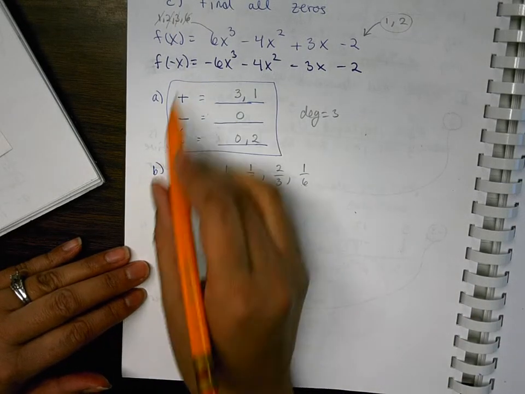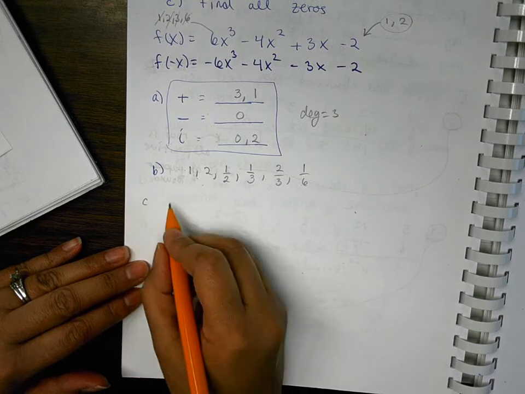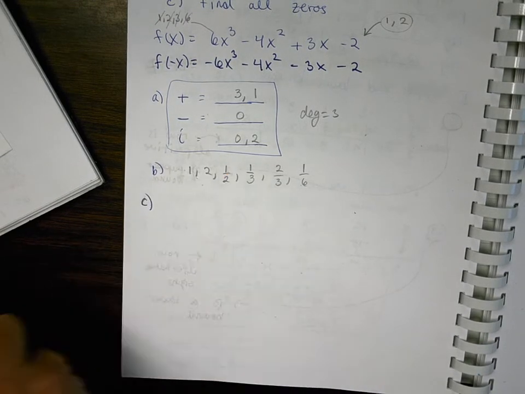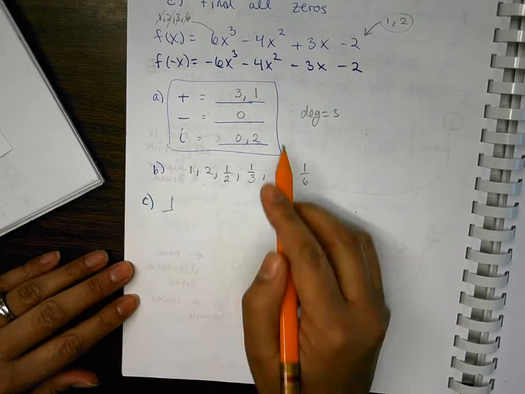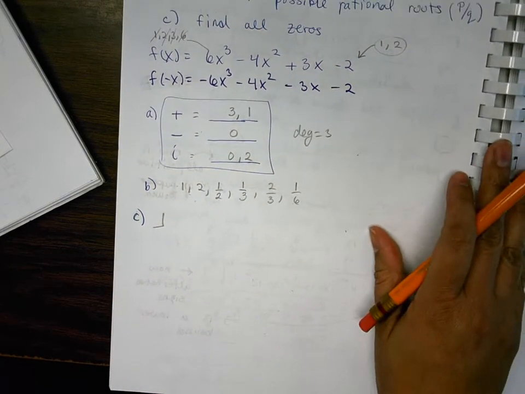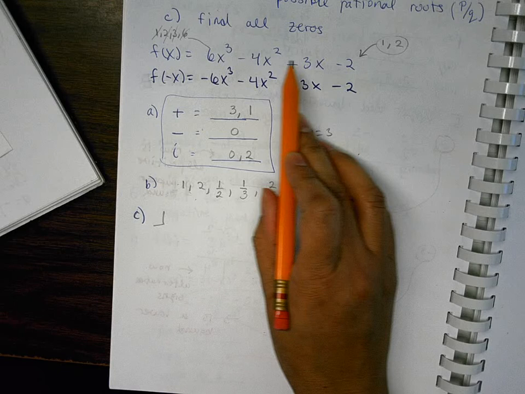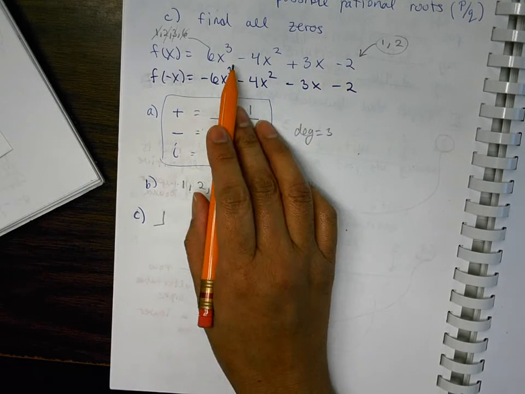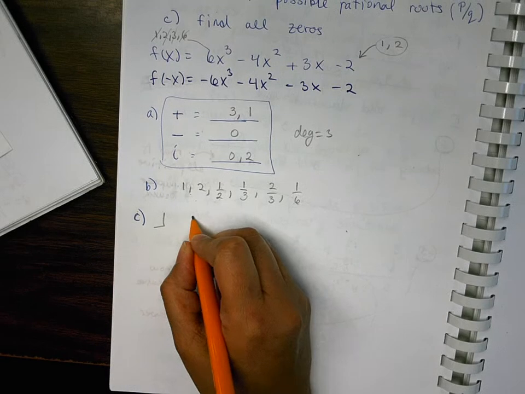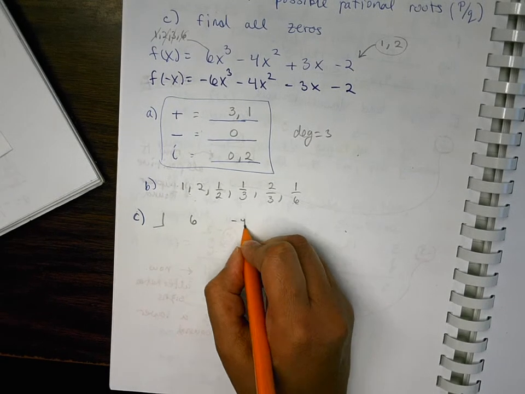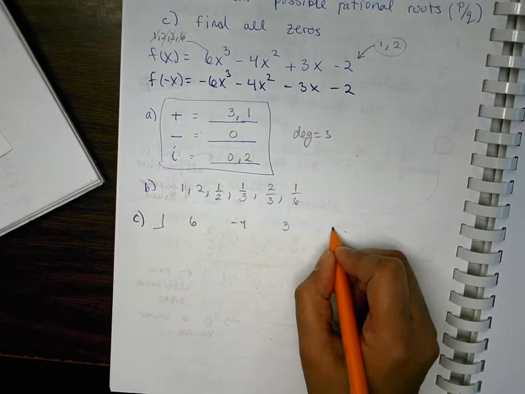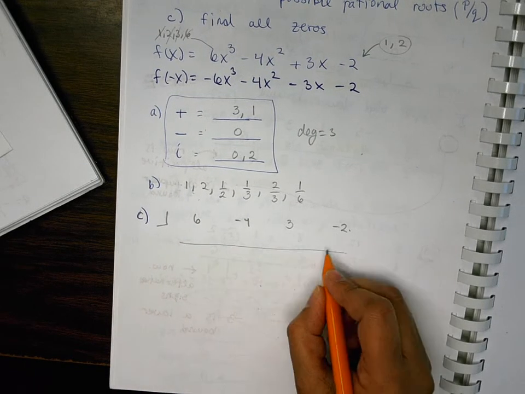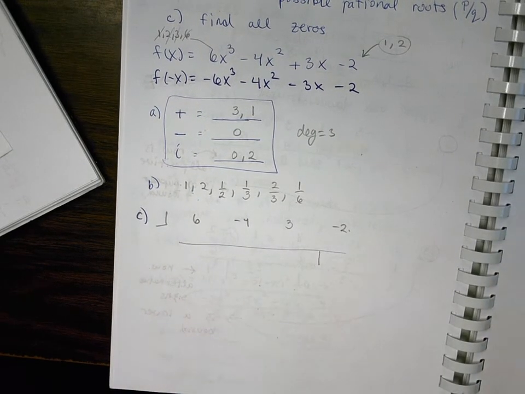All right, I'm going to have you guys start to make guesses. That's part C: find all zeros. I'm going to put the box and make sure all my x's are accounted for. Third power, second power, first power, constant. Are all the x's accounted for? All right, so what are my numbers? 6, -4,